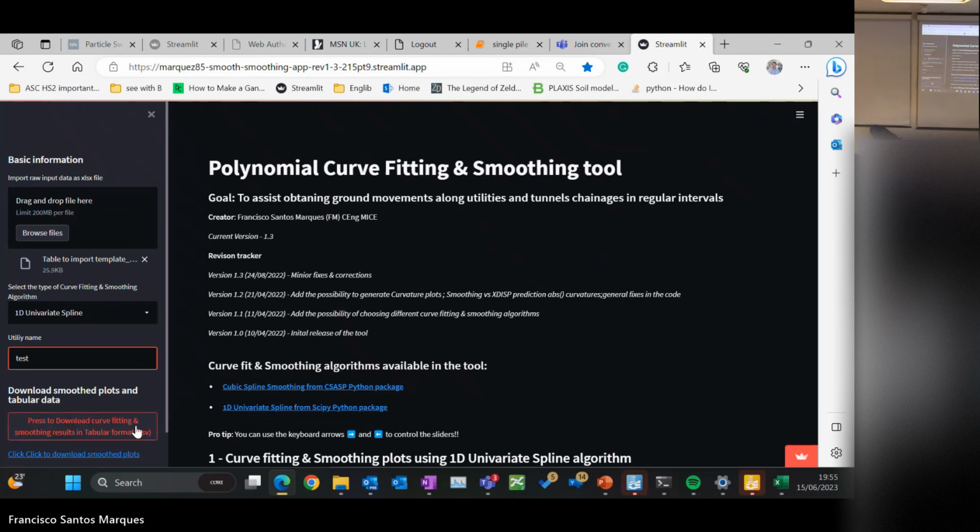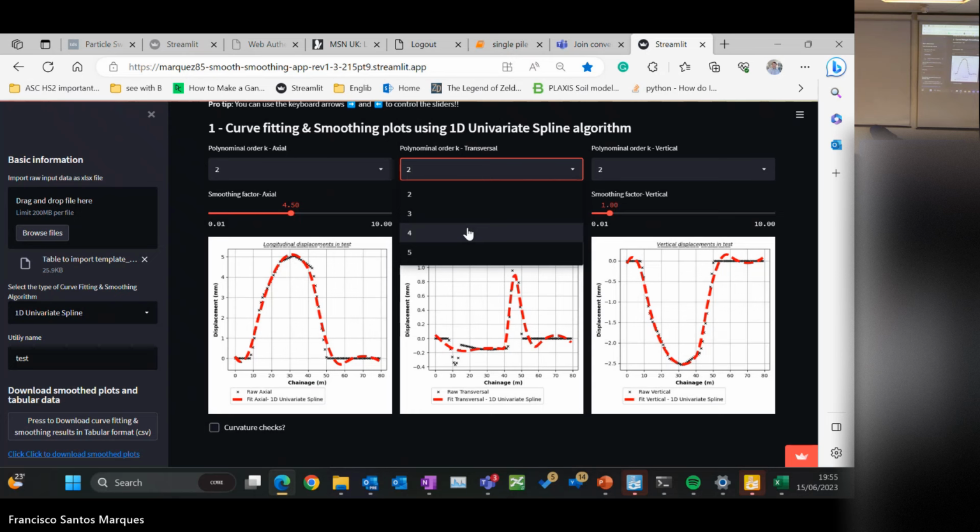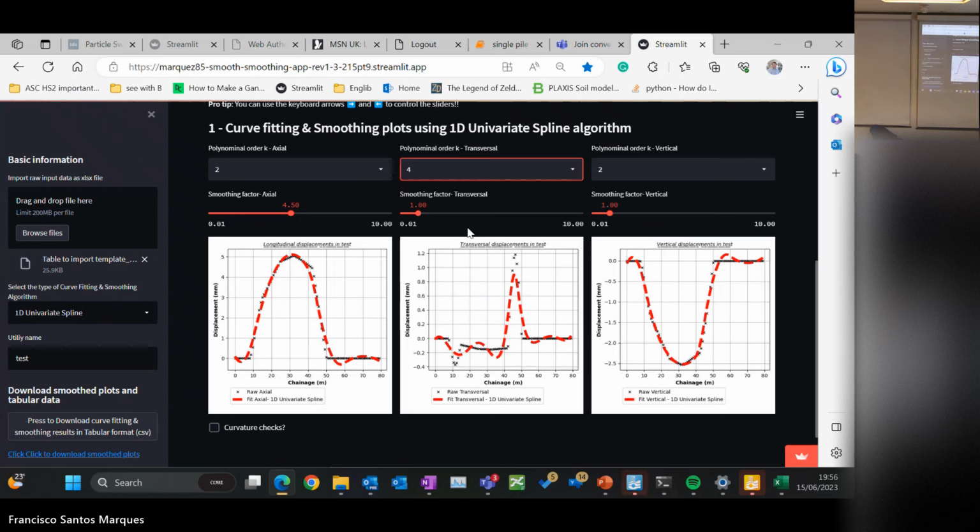Now, as you can see, it will have these sliders here. Then I can start to play around with the sliders. Because the other way would be, if I have the script, I have to go to the code and change the parameters every time I want to refine the smoothing parameters a little bit, but having an app like this can help me do that.